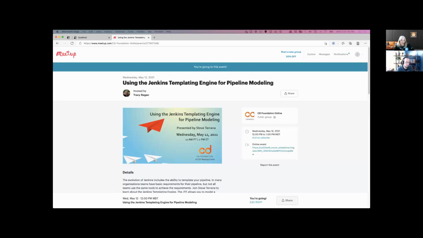We were slow to get started, but then COVID hit and everything just went to being online. So these meetups have become pretty interesting. We've had some really interesting speakers, including today, Steve Terrana. I met Steve talking about, I'm not sure how we got in the conversation, but I found him around the conversation of templating for Jenkins,